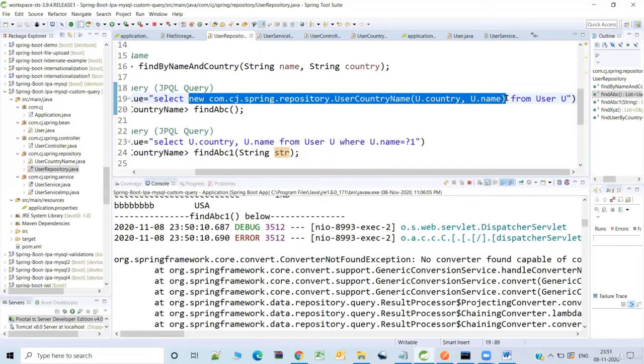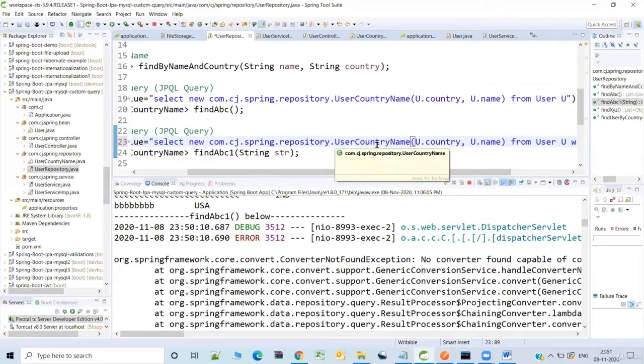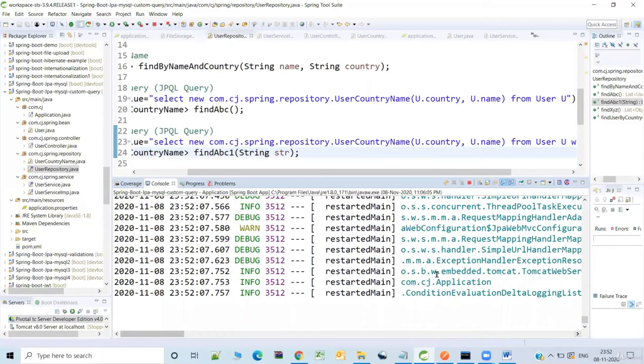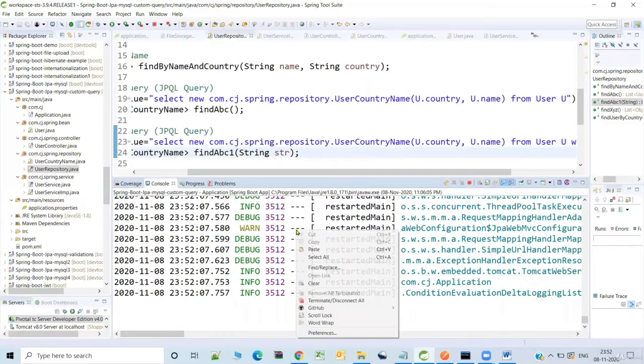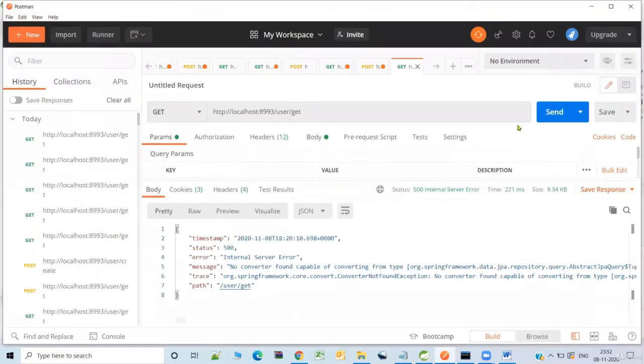You need to specify this. So if you see, the only difference is here we have a where clause, there we do not have a where clause. So let me try to add it here. And I don't think this fully qualified name is actually required. The reason is anyway you are importing it, and it's recognizable. Anyway, I'm keeping that and going forward. So let me clean up this one. And let me hit the REST endpoint once again.